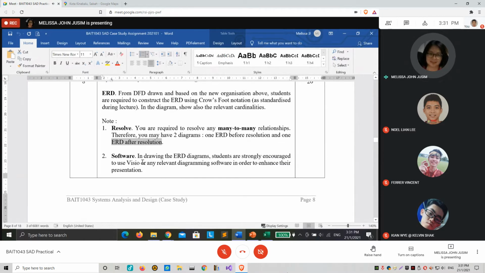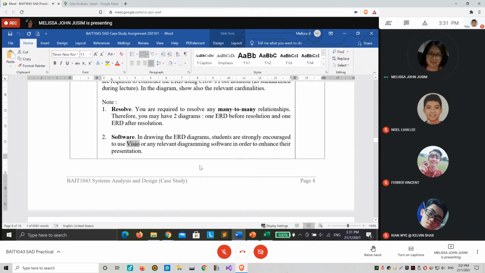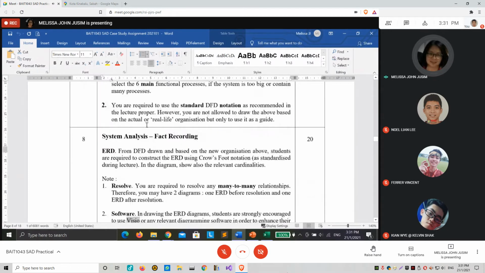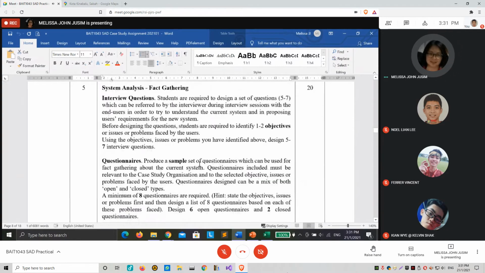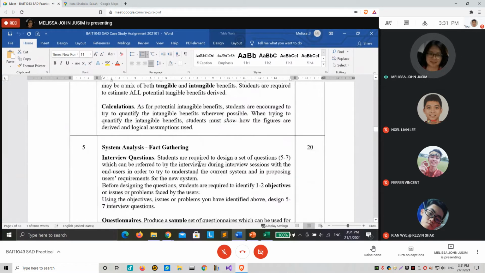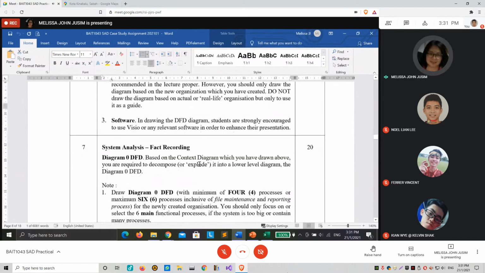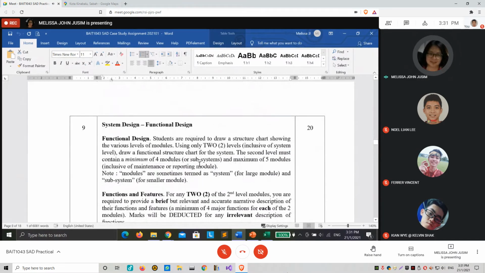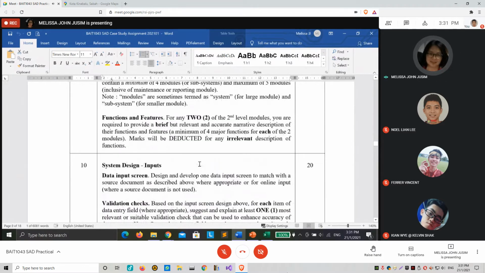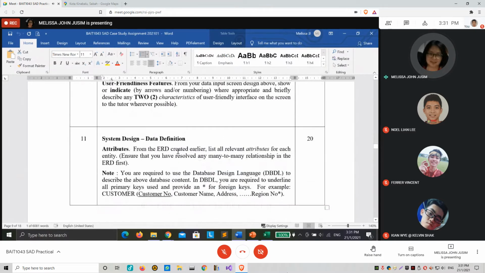What do you use to draw your ERD? Some website. Draw.io. Yeah, I also have Draw.io. Very nice software. Okay. And then week 8 is already done. Easy, right? In fact, for our diploma students, they do SAD and database together in the same semester. What else is done for you? Yeah, data definition, attributes. You all know what the attribute is, right? From your ERD. Okay.